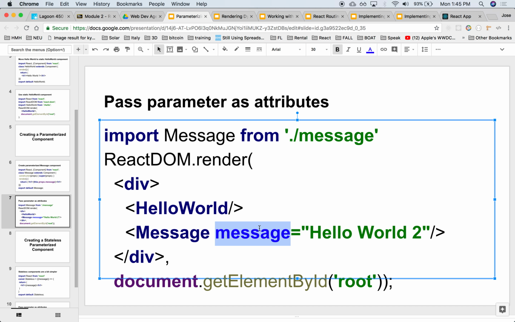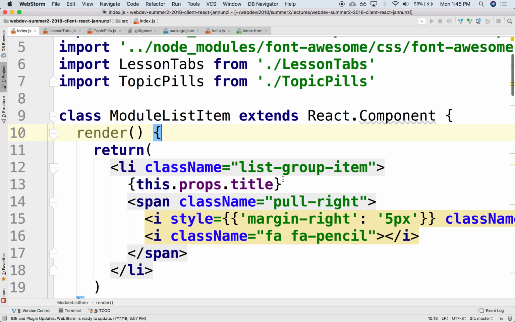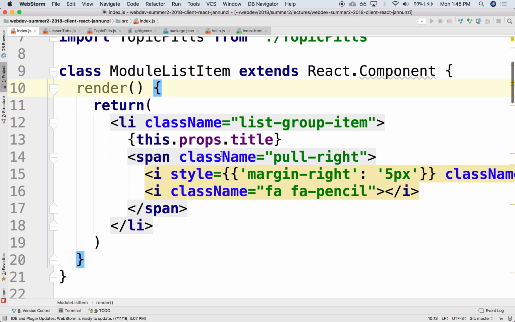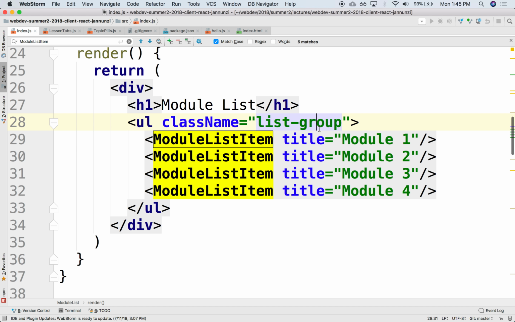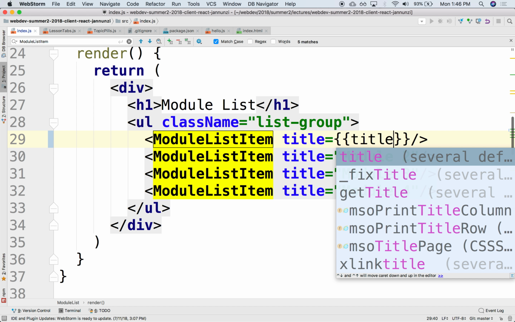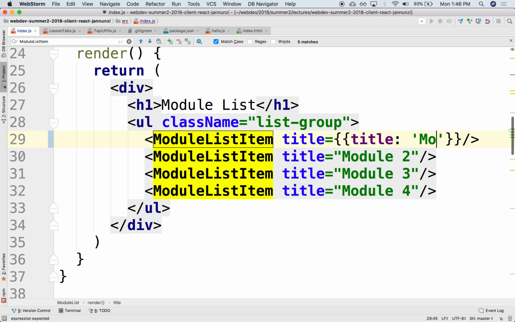Yeah, yeah. So let's take a look at it. Let's work on that. So for instance, module in this case is only receiving just a title. Okay, but it could be an entire object, right? Like a module object, right? In module items, let's look for where it's being used. Right now, it's just a plain old string that we're passing along, but it could have been an object that we're passing here, right? So instead of just a plain old string, we could pass an expression, right? And that expression might contain a JSON object, right? That might contain just a title. Title as, in this case, module